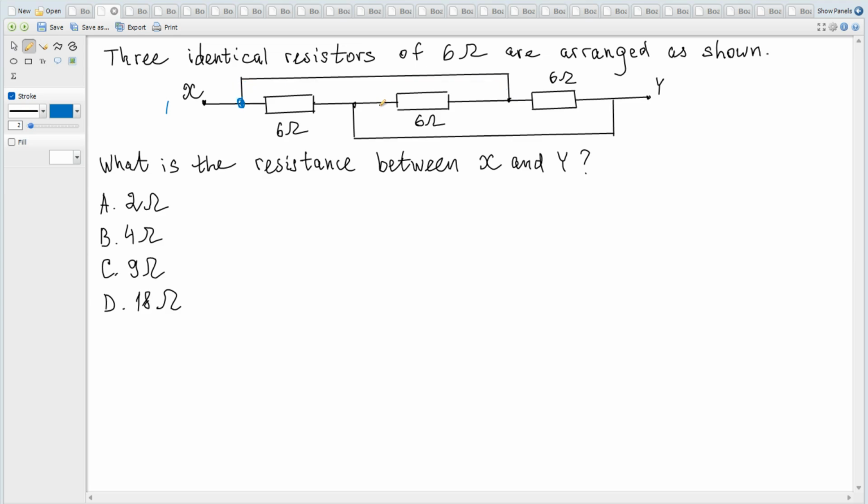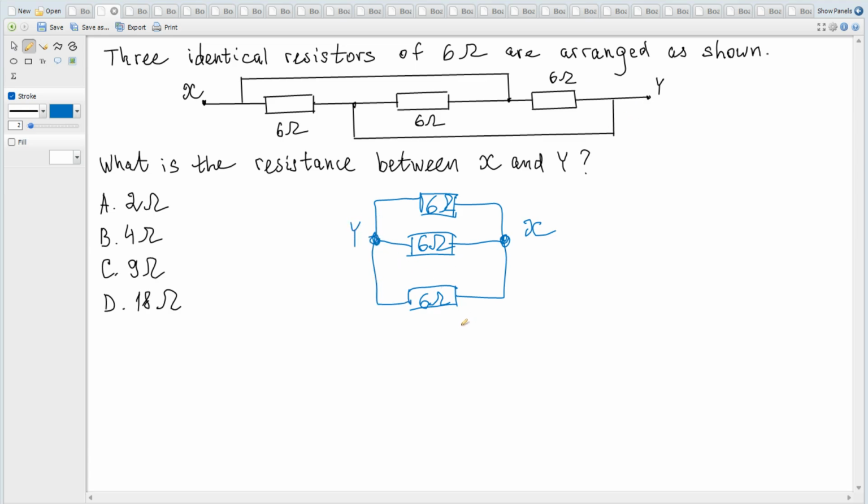So it becomes this, and this becomes here and X here. So this resistor becomes here and point Y becomes here, and now it's clear that they are in parallel,